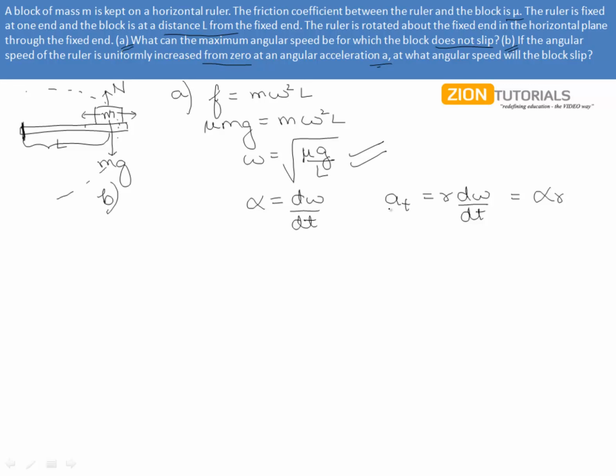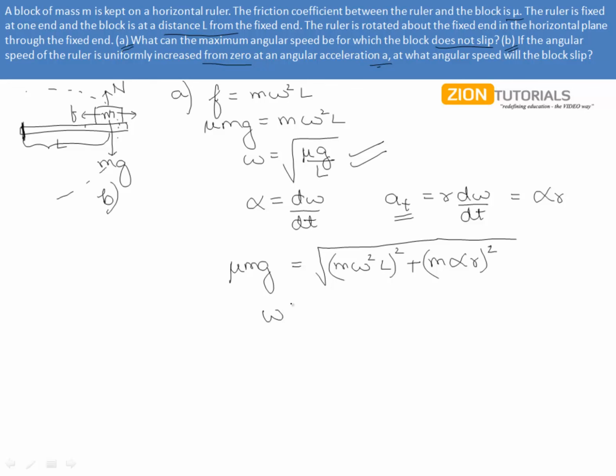So here we will have both tangential acceleration as well as the radial acceleration, which will be provided by the friction only, F. Now we can say that mu mg, that is the frictional force, equals the square root of the radial force and the tangential force squared: the radial being m omega square L, whole square, plus the tangential one, which is m alpha r, whole square,